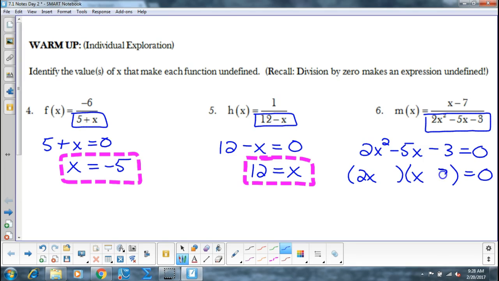I'm going to go minus 3 out there, and I'm going to go plus 1 in there. That gives me negative 6x plus 1x is negative 5x, which is what I want for that middle term. Okay? So then once I have that, I say 2x plus 1